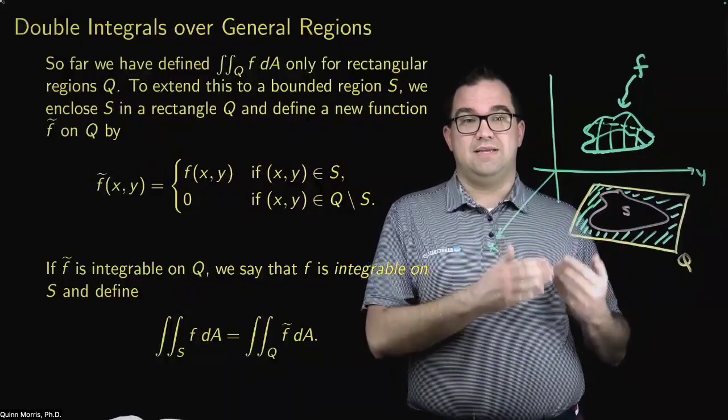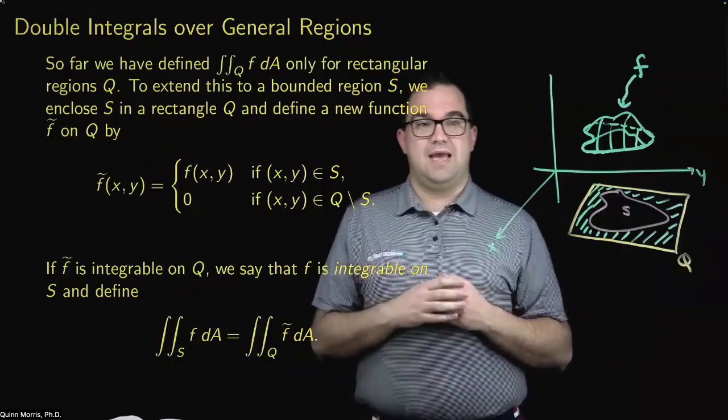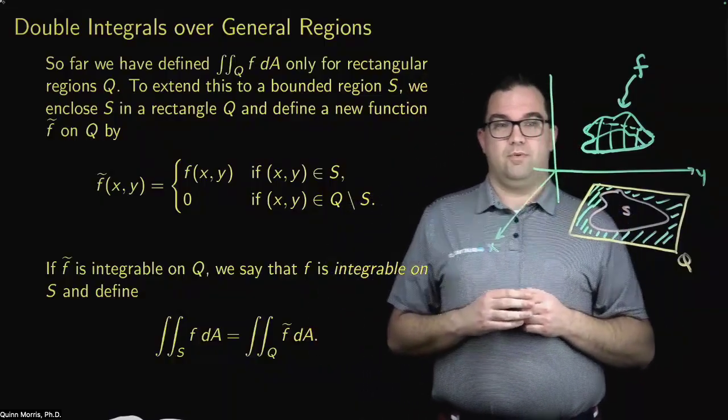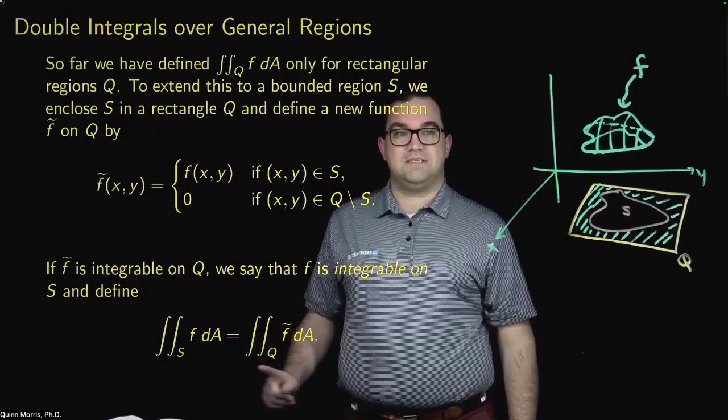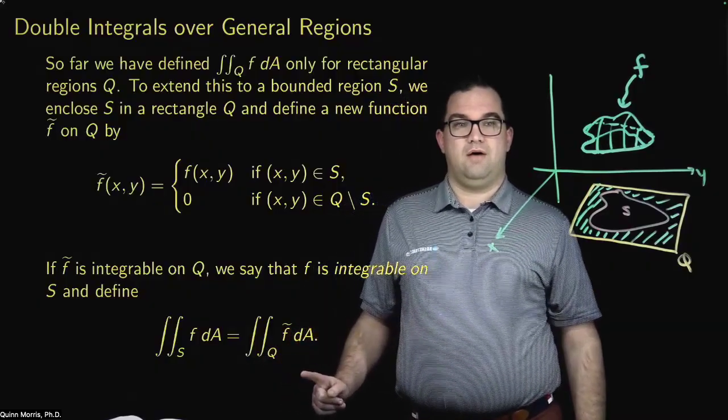So if f tilde is integrable on Q, then we will say that f is integrable on S, and the value of the double integral of f over S will just be